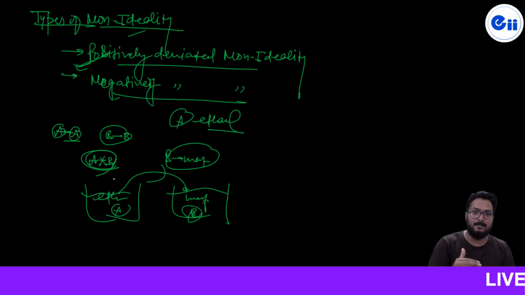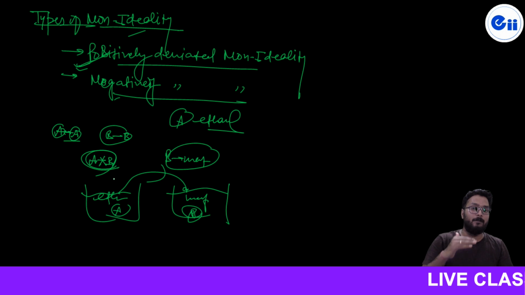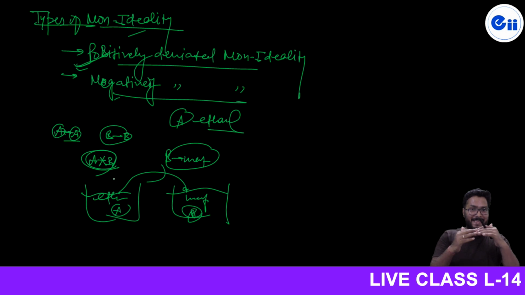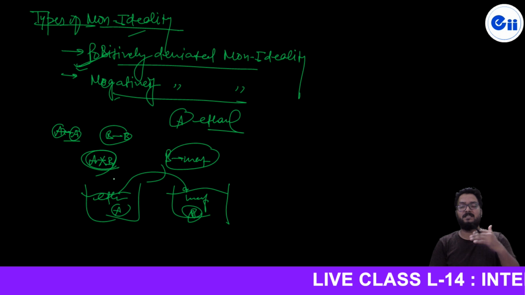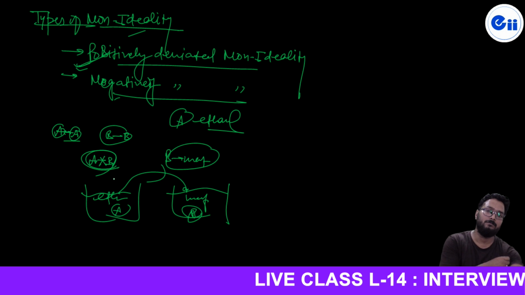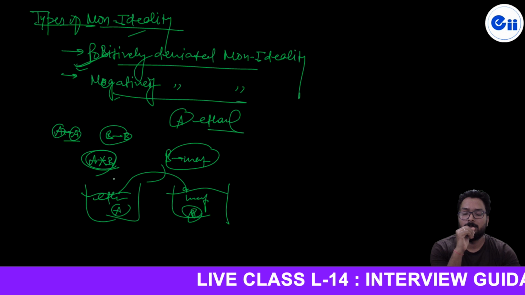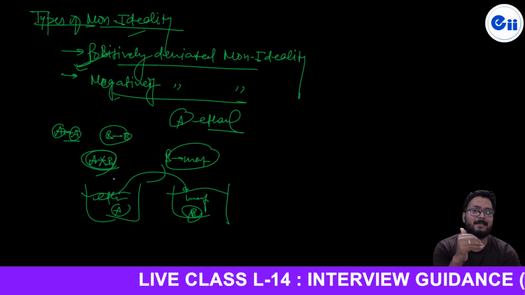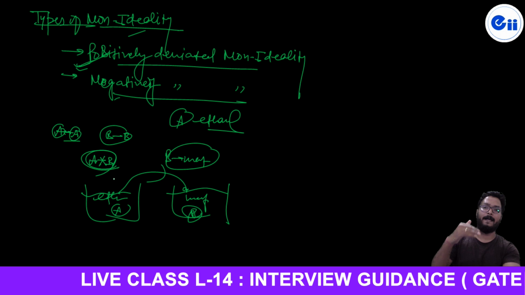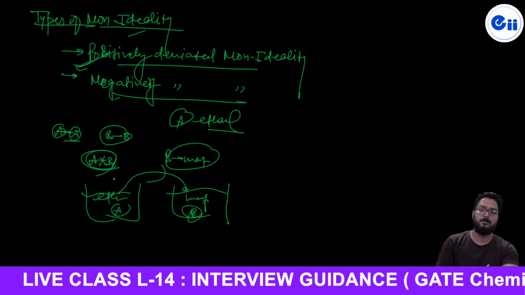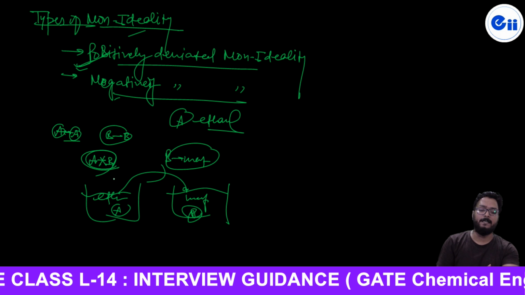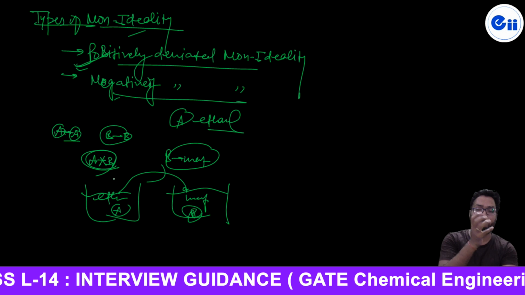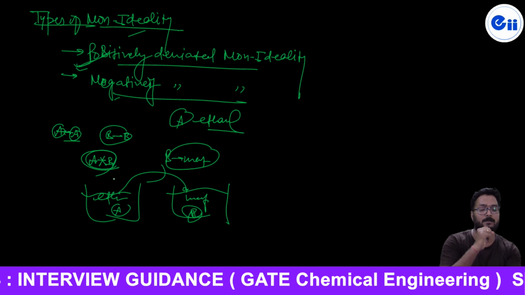Okay, and that is the reason the equilibrium partial pressure, or vapor pressure, exerted by the molecules in a positively deviated mixture is more than what we have calculated from the ideal.